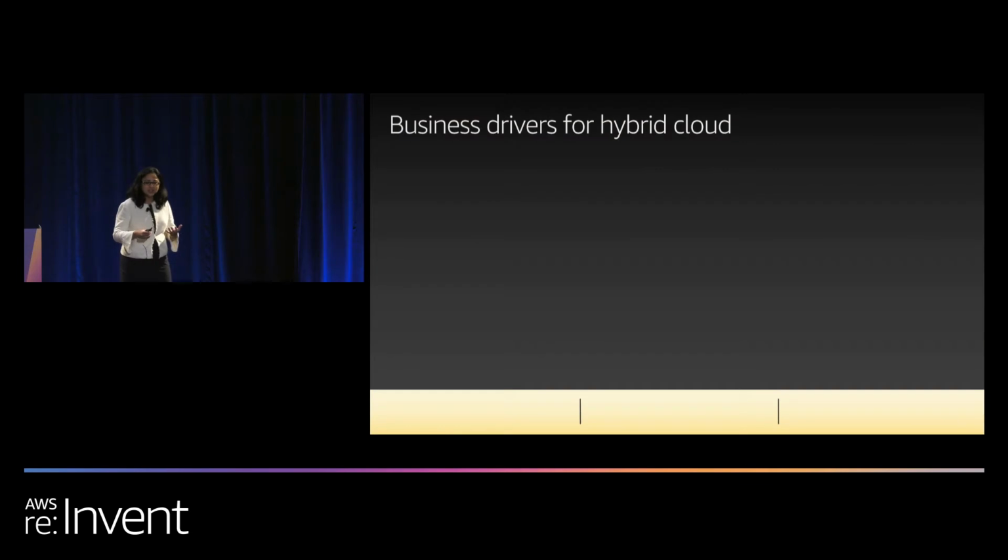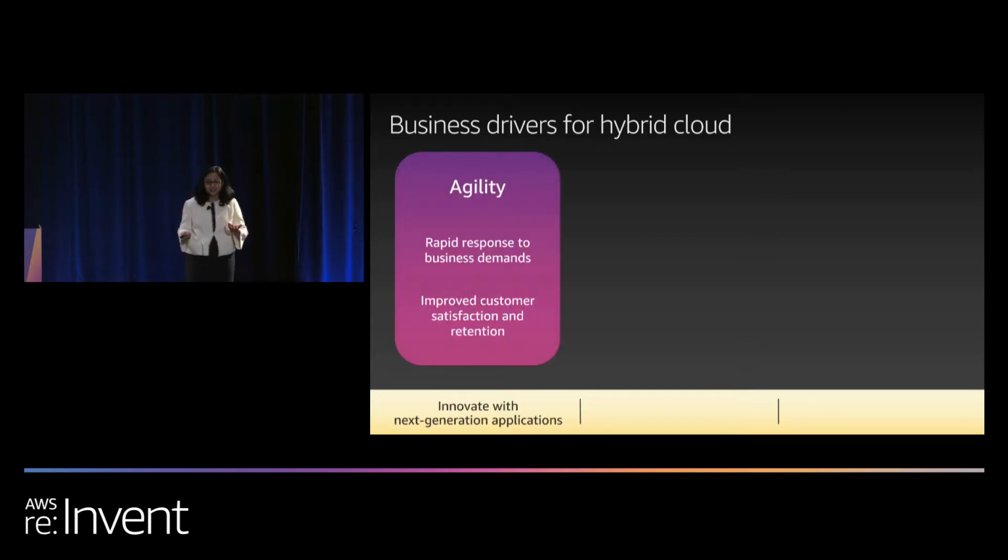What are the key drivers for your business which is making the hybrid cloud happen, right? So whether you are a banking company who is trying to survive in this disruptive market of financial technology, or you are a retail company who wants to innovate more, having more interactions with your customers, or you are a university just working on the most cutting-edge technologies, you are trying to constantly innovate your applications. You're trying to constantly build new digital interactions with your customers. And while you are doing that, you need to ensure that the infrastructure on which these next-gen applications are based upon is an agile and elastic infrastructure.